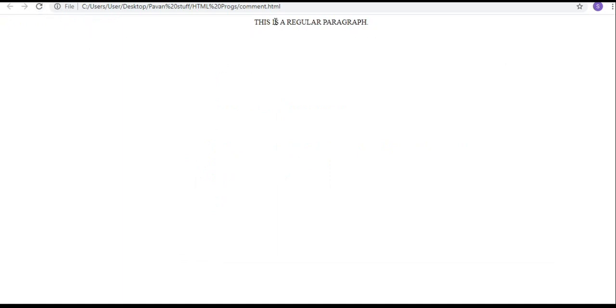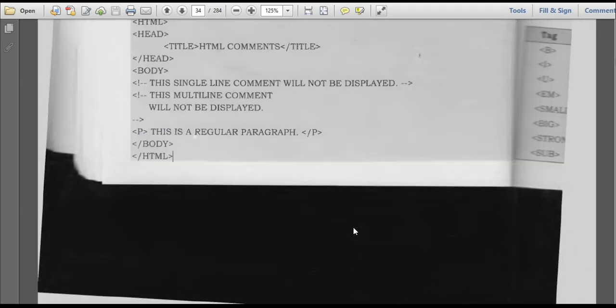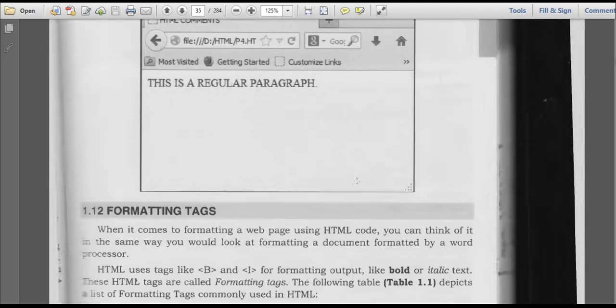Okay? Clear? Any doubts here? No, sir. This is about HTML comments.